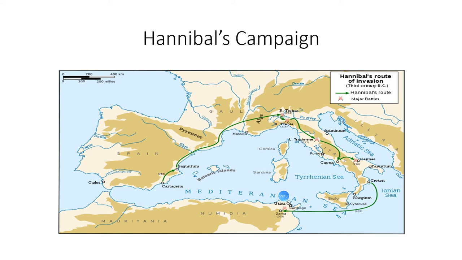Now, remember, he is marching with a large army. This army has about 40,000 men, horses, mules, and even elephants, which is something that the Romans had never seen. So he appears on the other side of the Alps, and the Romans panic. Hannibal ad portas, Hannibal at the gates. It's the end. And they put together an army, and as soon as they encounter Hannibal, they are defeated at